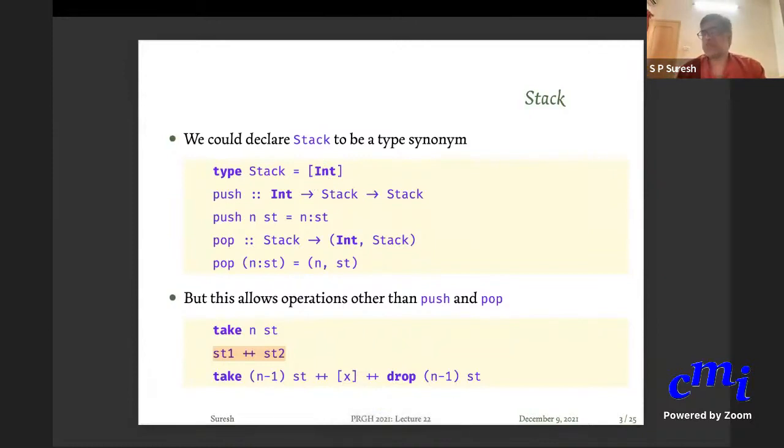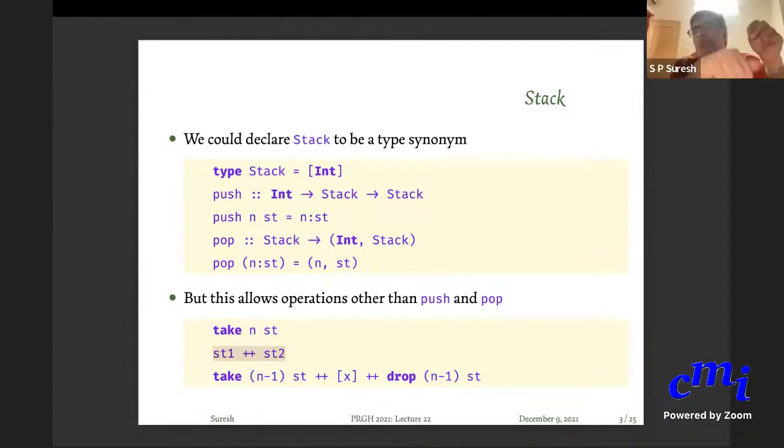How do you do new data types? By using the data keyword. But in the last class, I showed you that if you have only a single constructor with only one argument, then you don't. So I said that you can think of the value constructors as boxes. And if a type has multiple value constructors, then these are all boxes of different colors. So constructing a value of a type is like putting the arguments inside a box of that color and saying that, okay, this is the value of this type. But in case you have only one constructor, then you have a box of only one color. All values will be some element put inside a box of the same color.